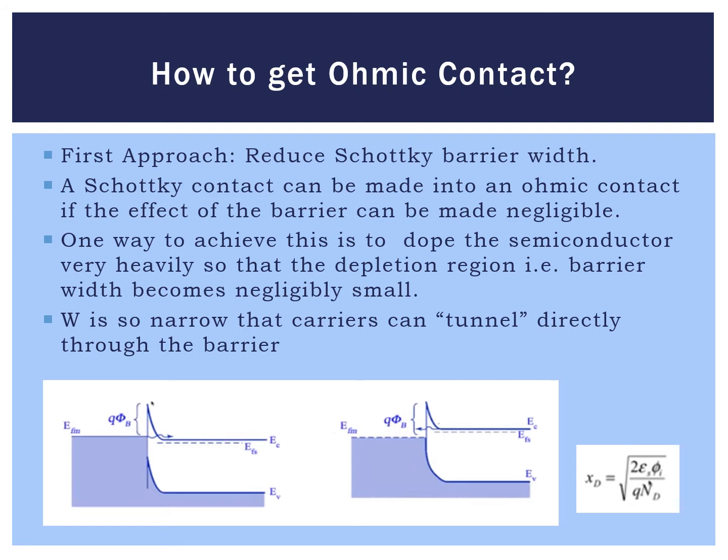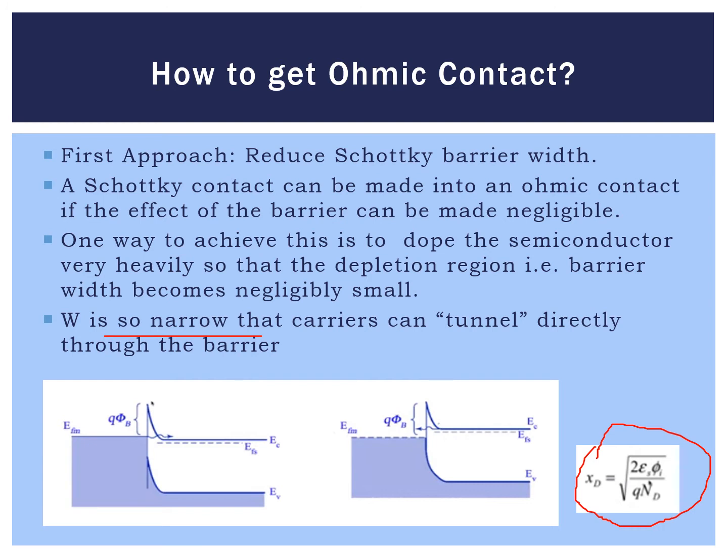There are two ways. Either you can reduce the Schottky barrier height or you can reduce the Schottky barrier width. Now while reducing the Schottky barrier width, you know that XD, which is the depletion width, is inversely proportional to the square root of the doping density of a semiconductor. Whenever you make the semiconductor heavily doped, you are able to reduce this depletion width and hence W can be made narrower.